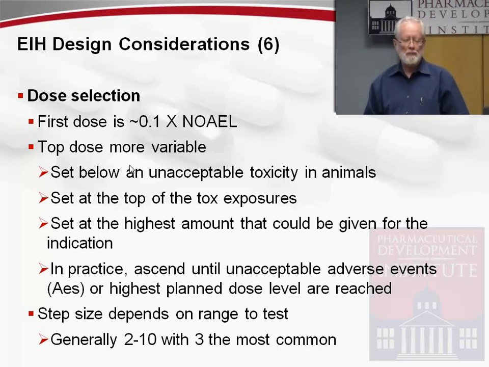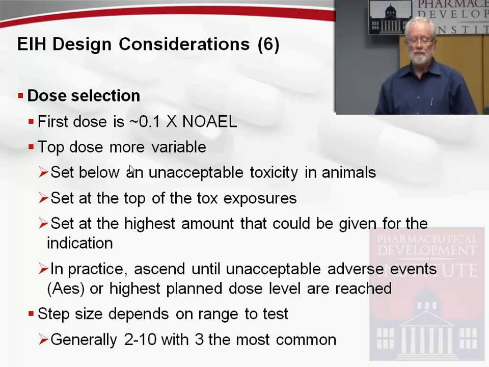So, as I said before, it's usually 1/10 of the NOEL as the first dose. Top level is more variable. I mean, you really don't want to go up into an unacceptable toxicity. To range up to where animals have been dying, particularly if they're acute deaths, is not very wise. If they're acute deaths, it's another whole problem. But you really don't want to go there, and you do not want to exceed the top of the tox